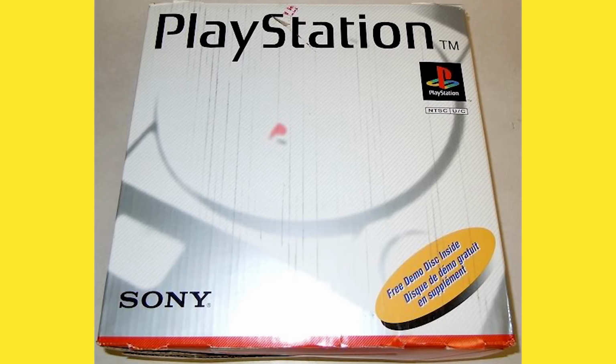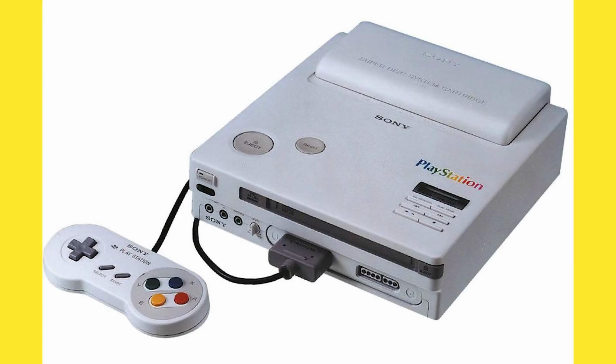At the time, the PlayStation really seemed to come out of nowhere. It wasn't until way later that we found out that Sony and Nintendo had been working on a CD Super Nintendo, and that fell through, and the remains of that ended up forming what would eventually become the Sony PlayStation. It was released on September 9th of 1995, almost a year after its Japanese release, and even though Sony didn't really have a whole bunch of development history, they lined up some pretty big developers like Namco to help them